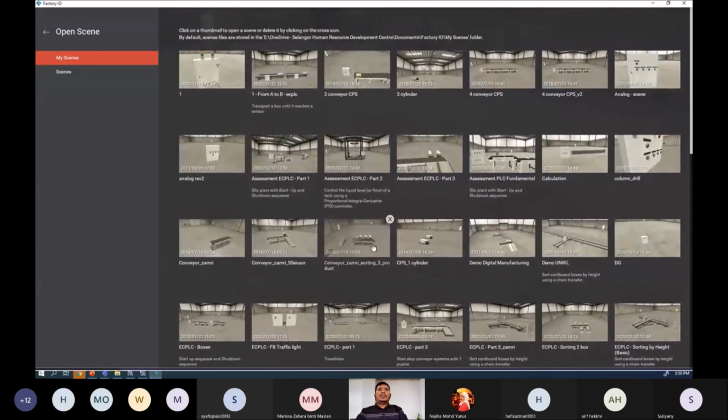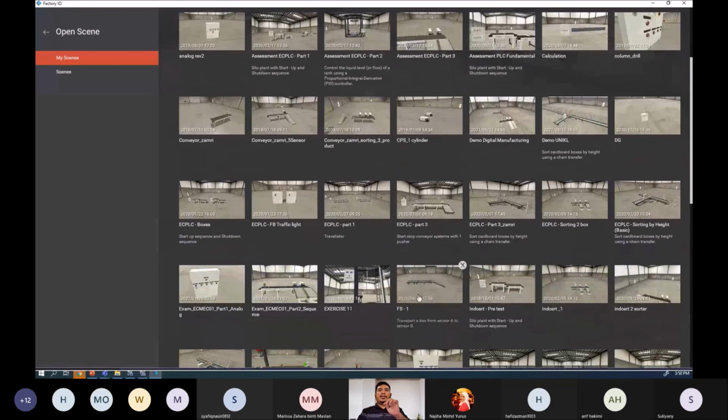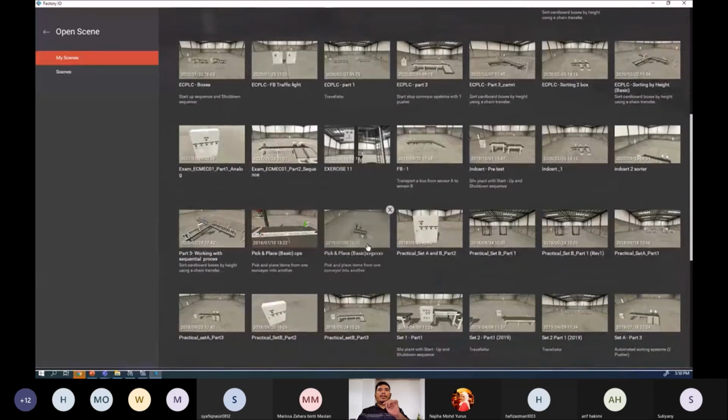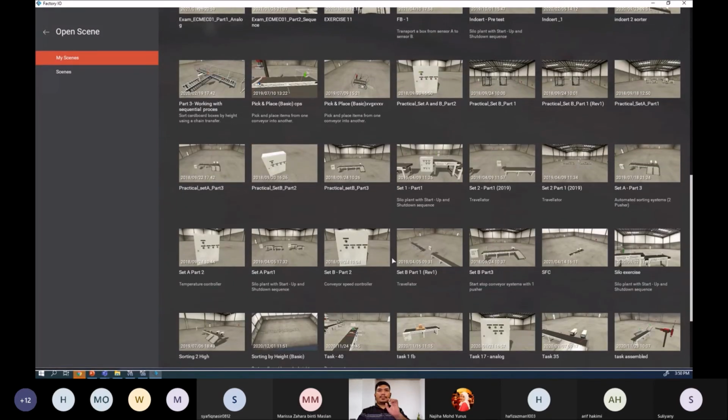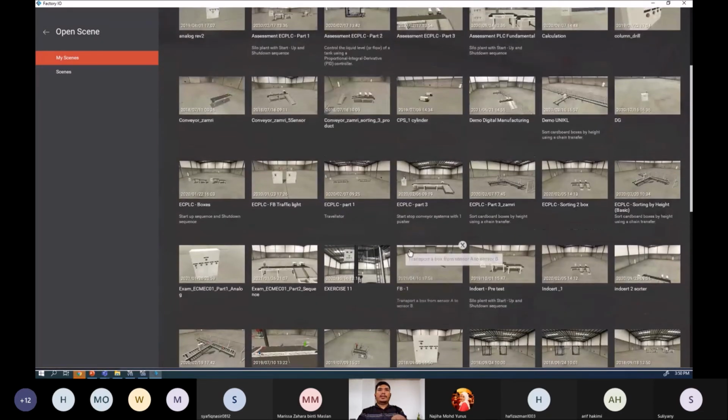Actually, it's good practice as a student to have this software, because you can learn to program a lot of scenarios in industry. If you want to learn analog, you can configure it. For example, this is analog. You can learn how to program the analog machine, sorting machines and others, digital, and so on. Conveyor, motor, everything is in here. So if you want to learn, you can go to this software.